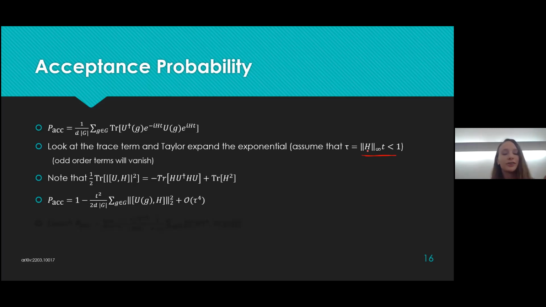So I'm pretty sure you can also do it in infinite dimensions, but you have to be a little bit more ashamed of yourself when you do that. So you Taylor expand this, and then you use cyclicity of the trace and linearity of the trace. And this fun fact that I have here, which just relates the absolute value of the commutator with something that looks like what I have here if you were to, I don't know, Taylor expand it. And you can substitute that in, and after sufficient algebra, you will see that you get this lovely simplification where